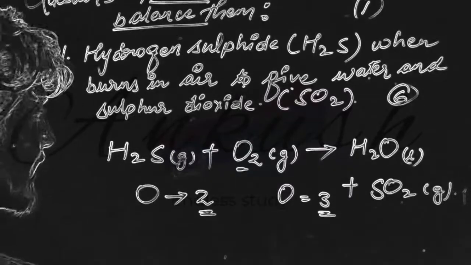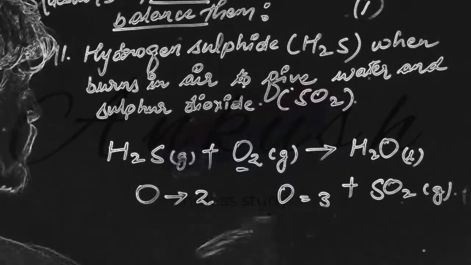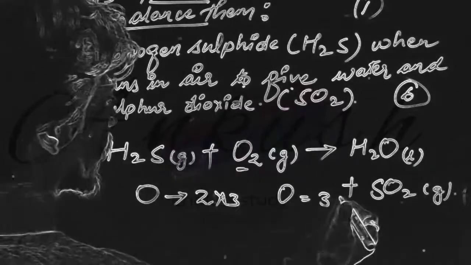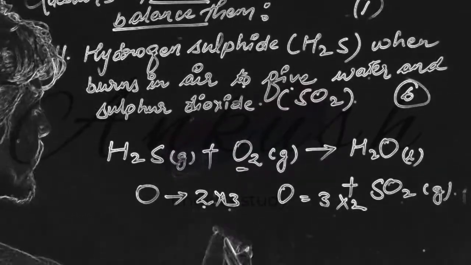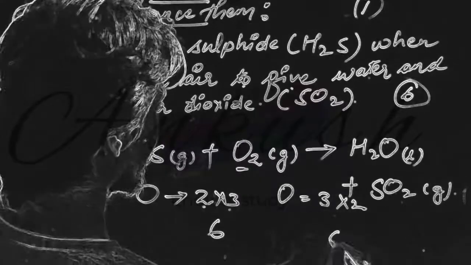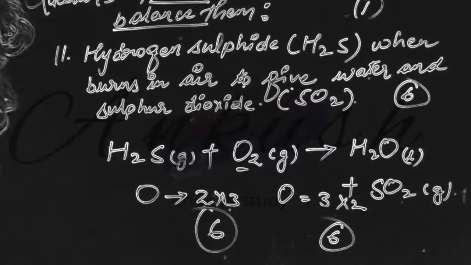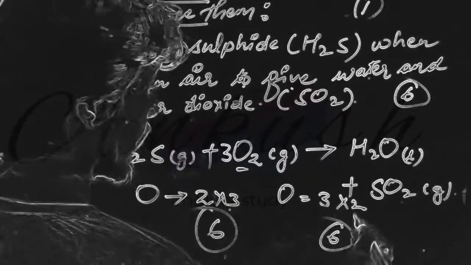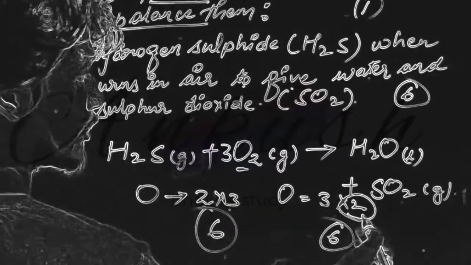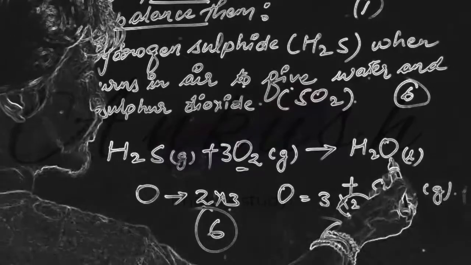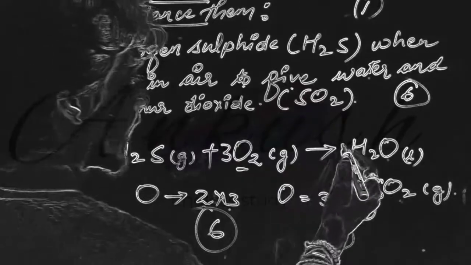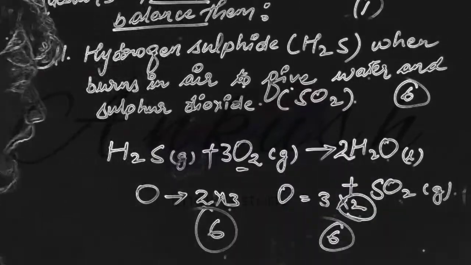So first you take the LCM as I told you. The LCM of 2 and 3 will be 6. Multiply 2 into 3, 3 into 2 here. So 2 3s are 6. 3 2s are 6. Oxygen will get balanced. So if we write 3 here, now here a doubt comes, because you have to multiply 2. Here also oxygen is here and here also oxygen is here. So where you will write 2? You write 2 here.